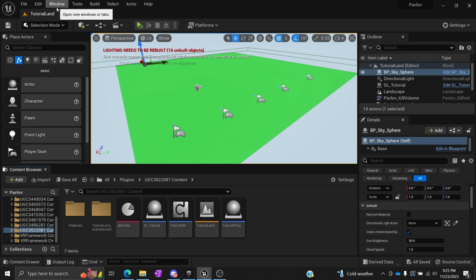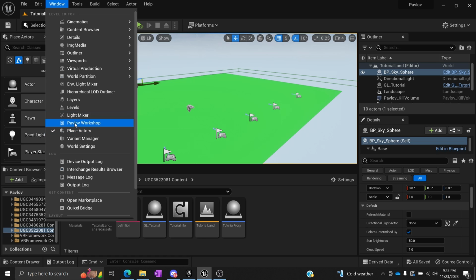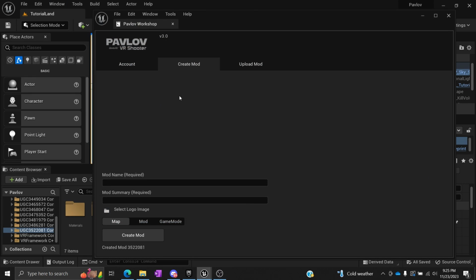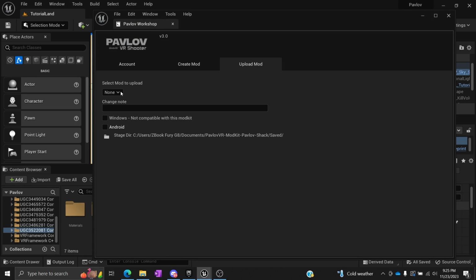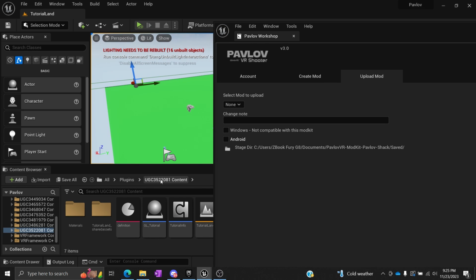So once you have your map to where you want it, you're going to go up to Window, go to Pavlov Workshop, and click on Upload Mod. Now, if you have a bunch of mods, make sure you take note of what this user-generated content number is, because you're going to want to go look for it now. Usually these are created in order of the way that you create them. So for example, this is the latest one I created, at 3522081,